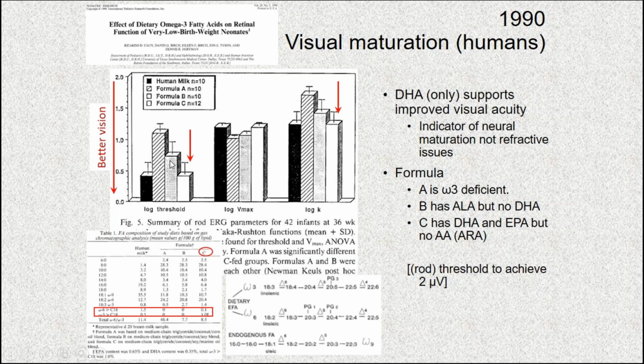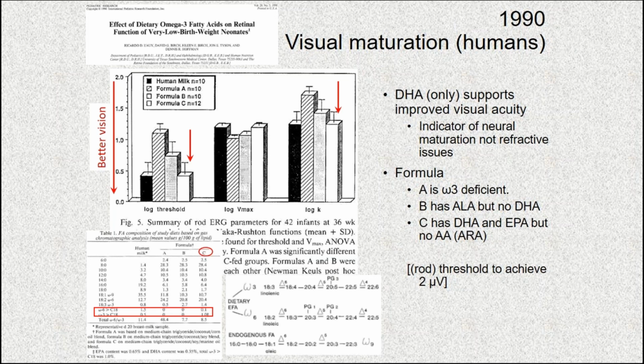A little bit of omega-3 is good, but that's no DHA. And then this one is the DHA group, and the DHA group is really about the same as the human milk group. And you see similar things for these other parameters, which are drawn from the actual measurements that are made. So these were, again, more strong data indicating that DHA in the diet is the key nutrient that